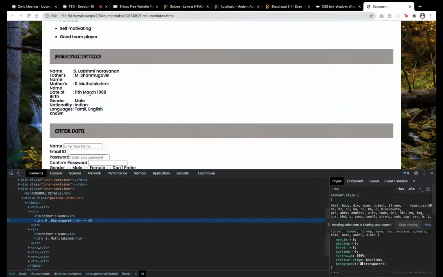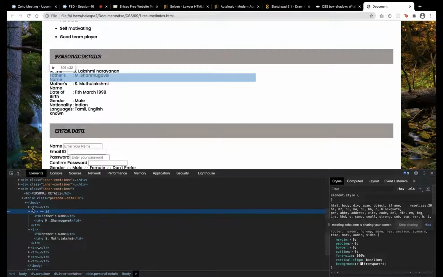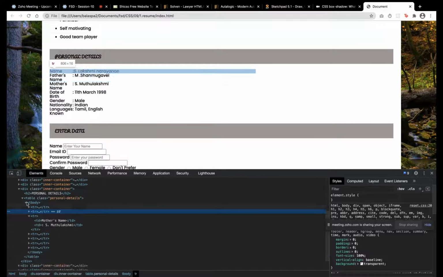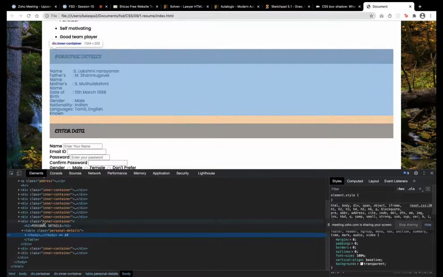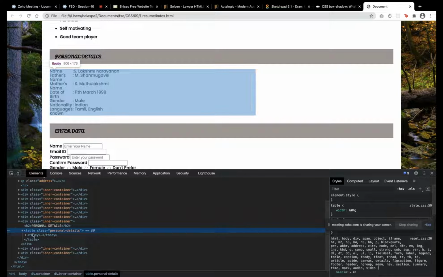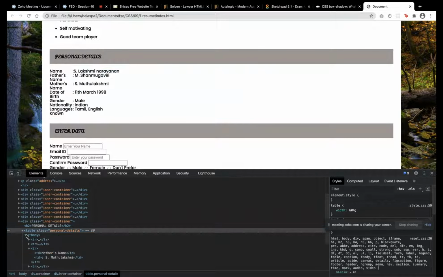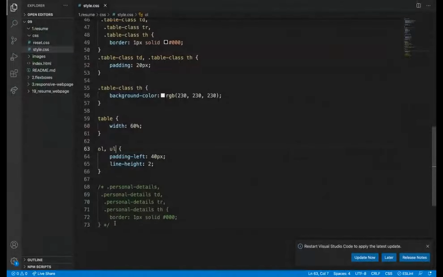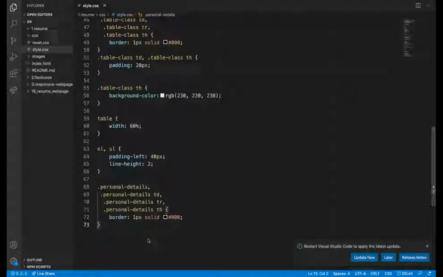So here, this personal details is also in the form of a table structure. Can you see this is a table structure? I have written one style, I have just added a border to this table.